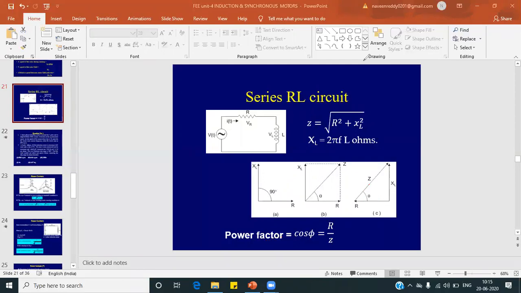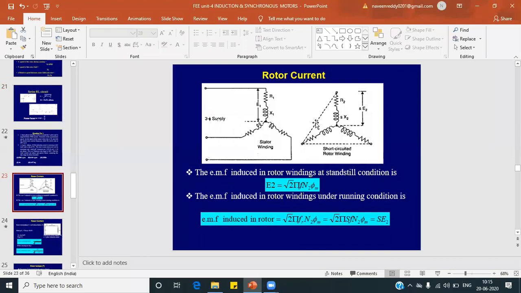Now, without wasting time, we will get back to our actual topic, that is derivation of the torque equation. This is the actual topic. Torque is produced on a rotating element. What is the rotating element in the case of an induction motor, whether stator or rotor? Obviously the rotor is the rotating one, that is the shaft. So that's why we mainly concentrate on the rotor circuit.